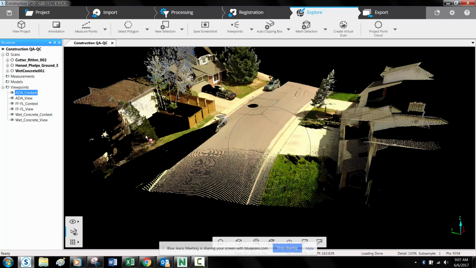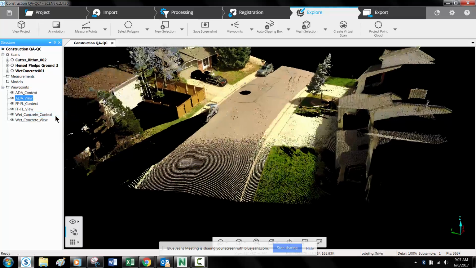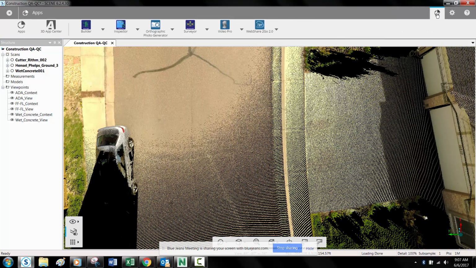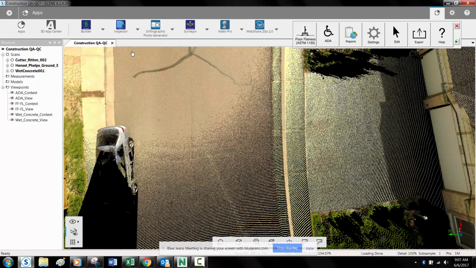This is just the road running in front. We've got a few homes and driveways and sidewalks that we will be running these ADA, Americans with Disabilities Act, standards and laws and inspections that we'll be checking for on these sidewalks. So now we'll right click on ADA view and activate. And we want to open up the inspector app. All right. And then we'll go to the ADA icon. And the simplest tool to start off with,